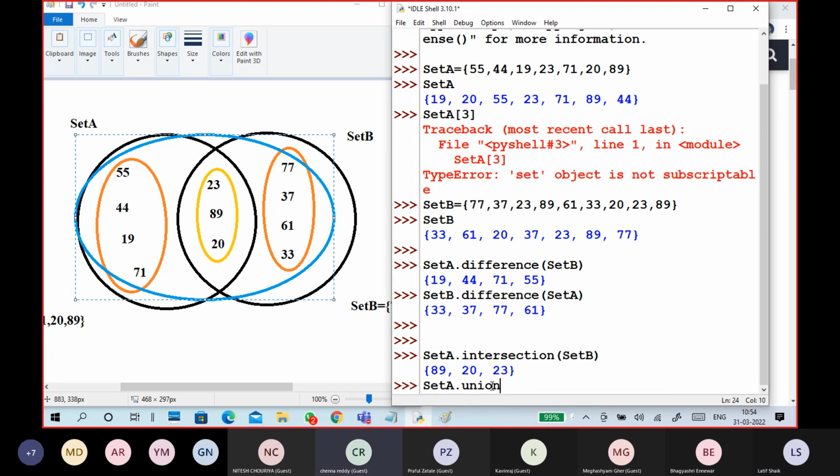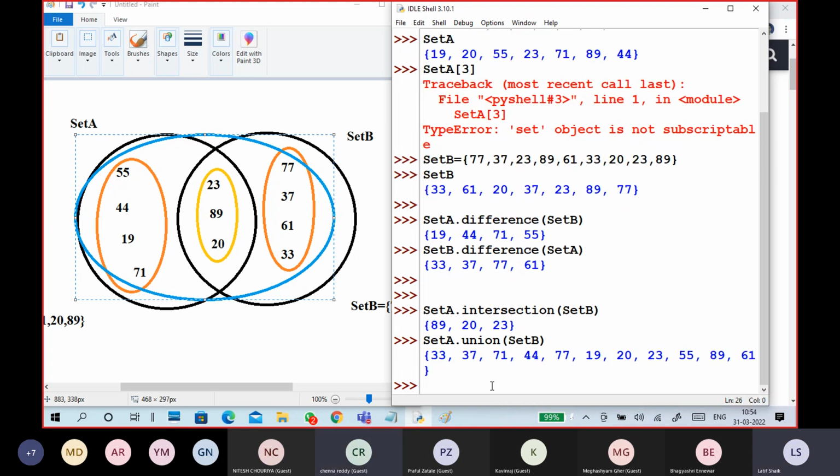Union. Okay, so union means it's a combination of all the elements in set A and set B. Like 55, 44, this is 33 it is showing.